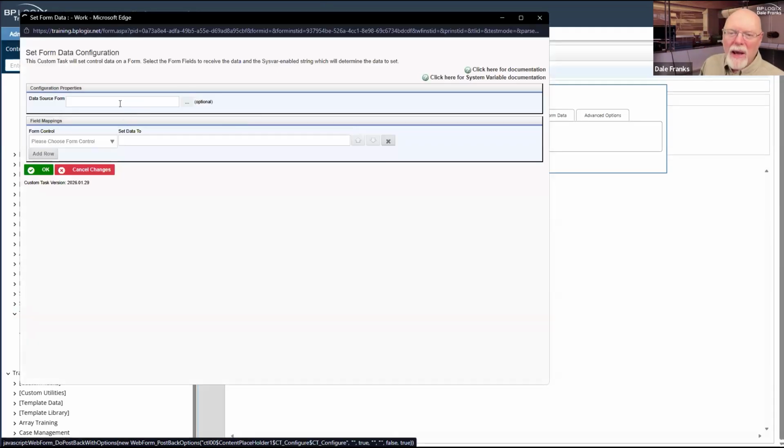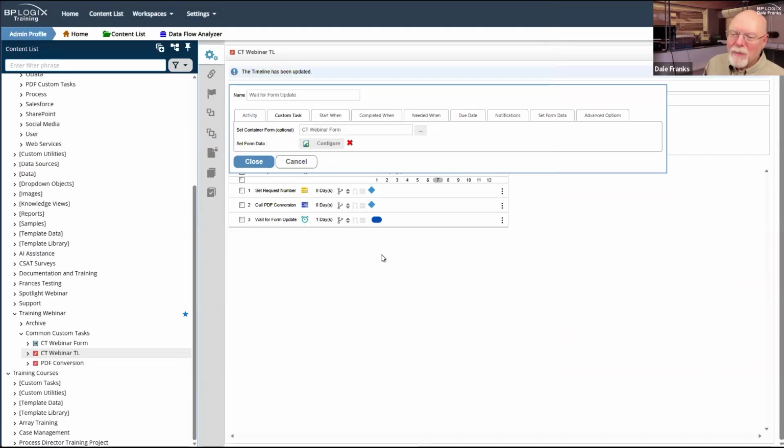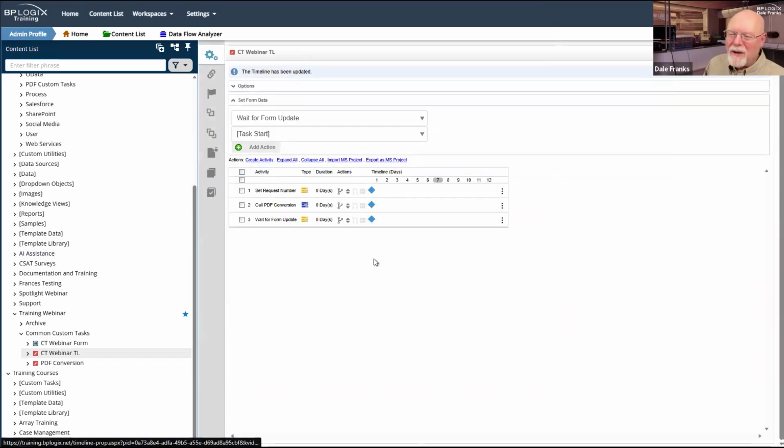All I really have to do is choose the item I want to set the data to, do my sequence number, and I'm done. At this point, it's just easier to configure this than it is to do a form actions custom task and then configure a wait task and then set the set form data.